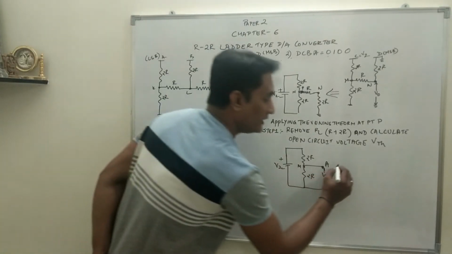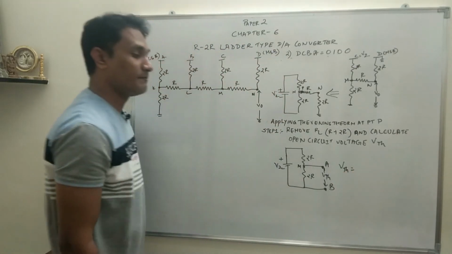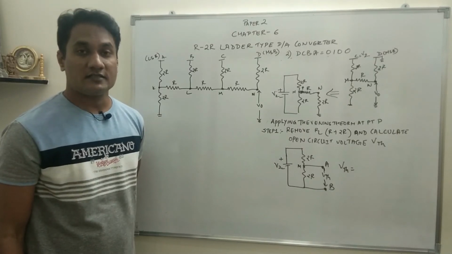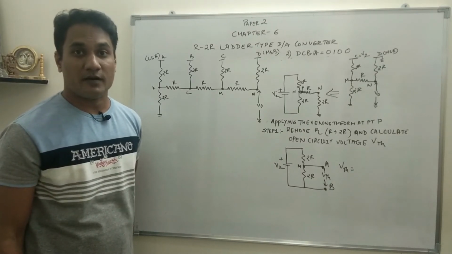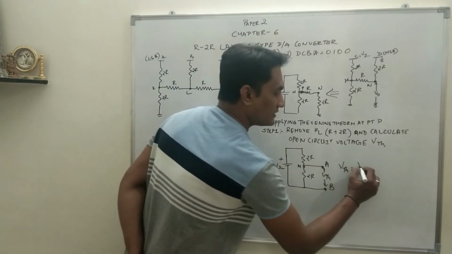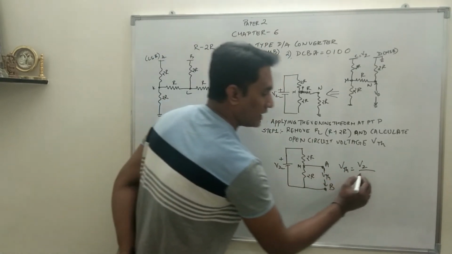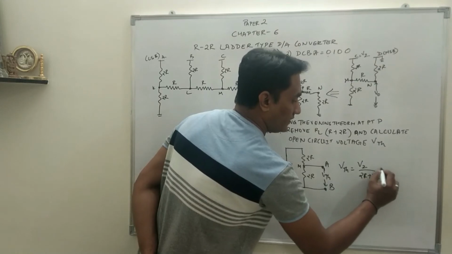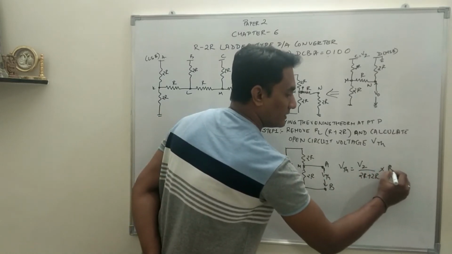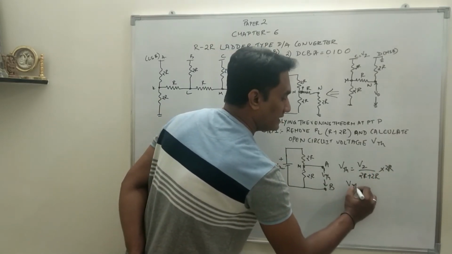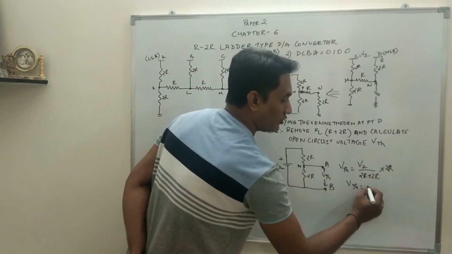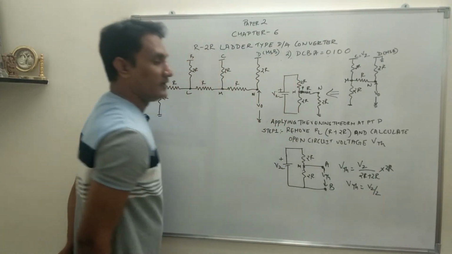So what will be the formula for VTH? That means the output voltage VTH. As I said, for a voltage divider arrangement, it is total voltage divided by total resistance multiplied by the resistance across which voltage is taken. So VTH will be, what is the total voltage? V2 divided by total resistance 2R plus 2R, 4R, multiplied by the resistance across which voltage is taken. This is a 2R resistance, so VTH will be 2R upon 4R, R gets cancelled, 2 by 4 will be 1 upon 2, so V2 by 2. So this is the Thevenin's voltage.